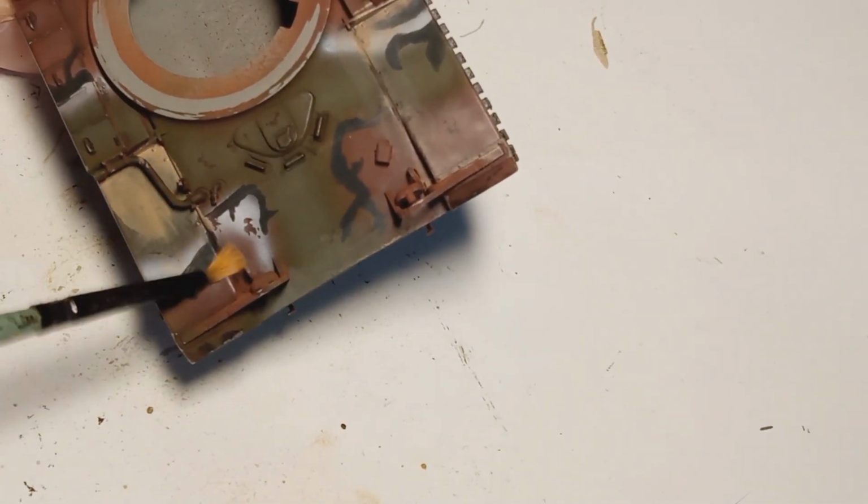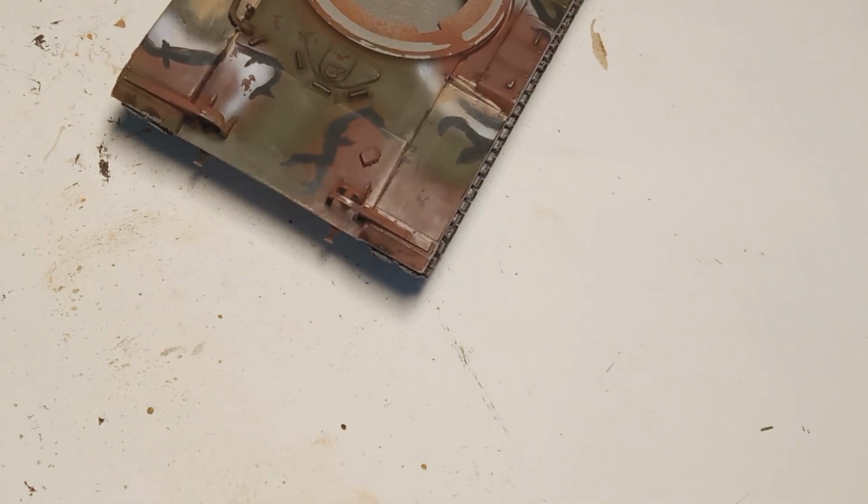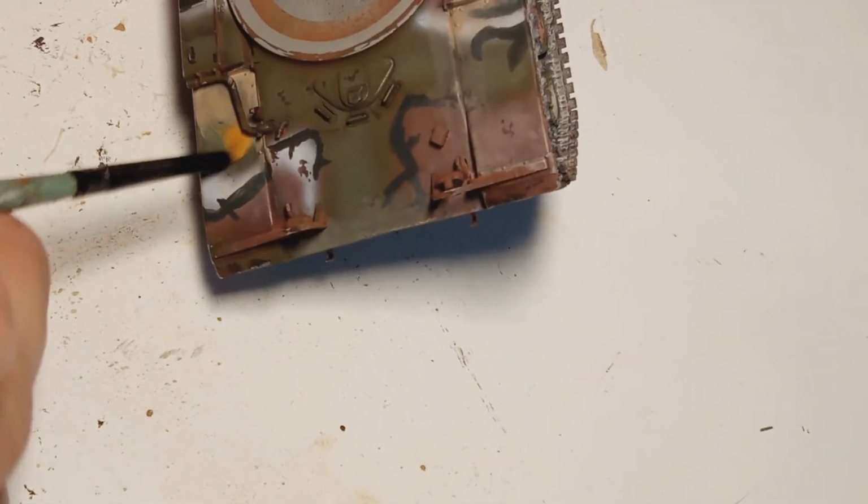And basically with that, the model was done once this was done, so